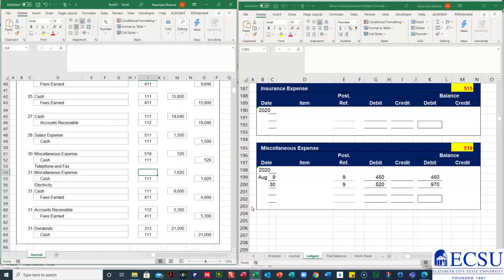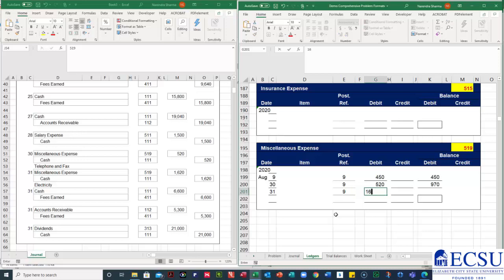Here it is, that is on the 31st. So this is 519, 31st, page 9, and debit of 1620. So that'll give me a new balance of 970 plus 1620, which will be 2590. So that is all that I have